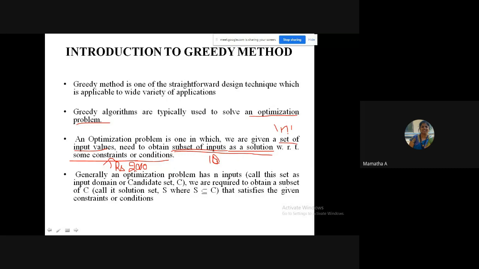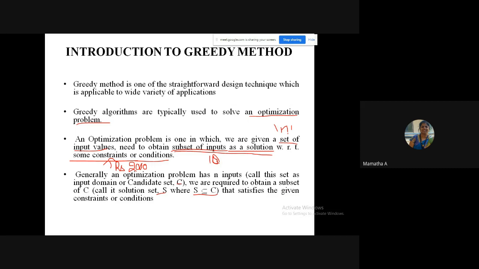We will call this the input set or candidate set, C. We are required to obtain a subset of C as a solution, where S is a subset of C. The solution set is S. S is a subset of C that satisfies the given constraints or conditions.